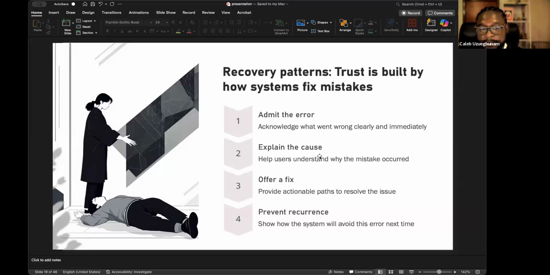So you need to explain why, and then you need to offer a fix. And usually that fix is just rerunning the query or just adding more information or context for the AI to understand. Now, preventing reoccurrence is something that has to happen